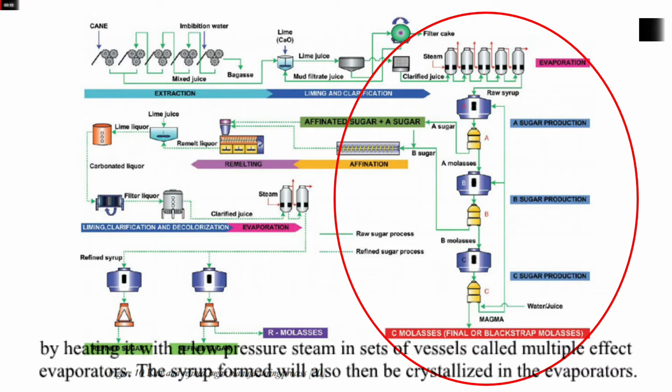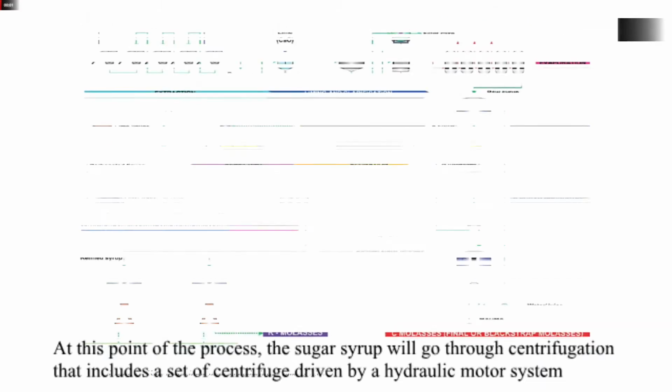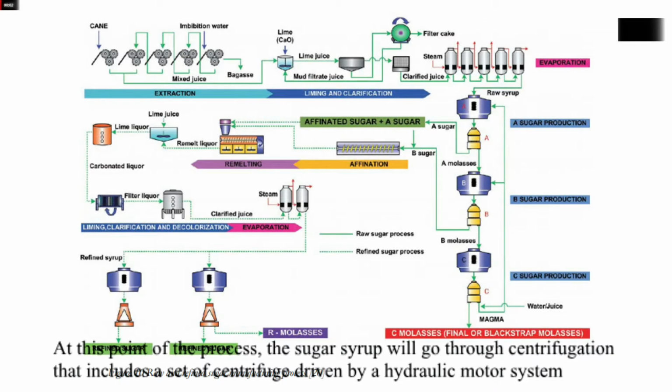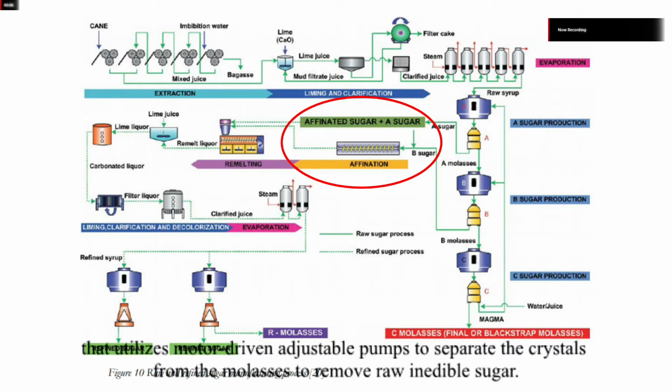The syrup formed will also then be crystallized in the evaporators. At this point of the process, the sugar syrup will go through centrifugation that includes a set of centrifuges driven by a hydraulic motor system that utilizes motor-driven adjustable pumps to separate the crystals from the molasses to remove raw